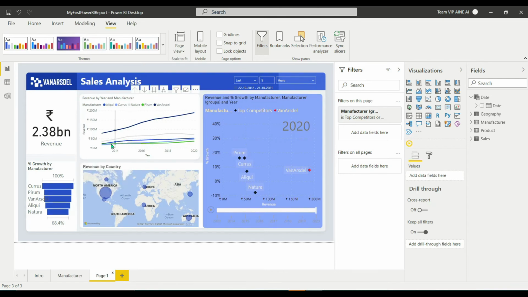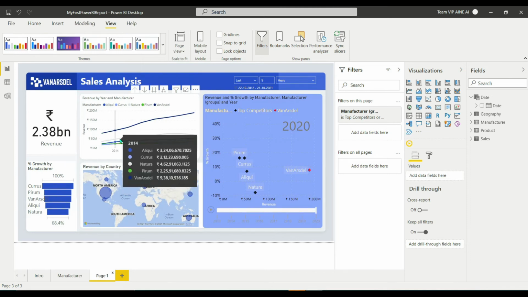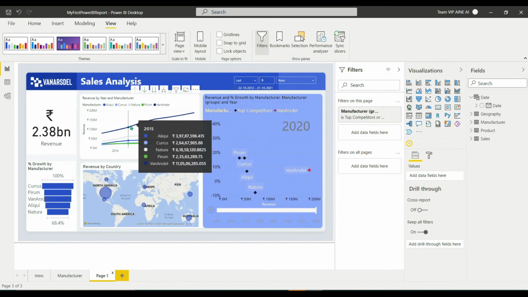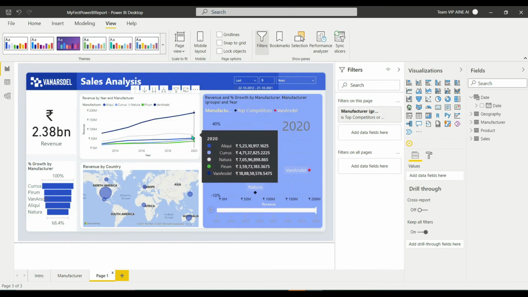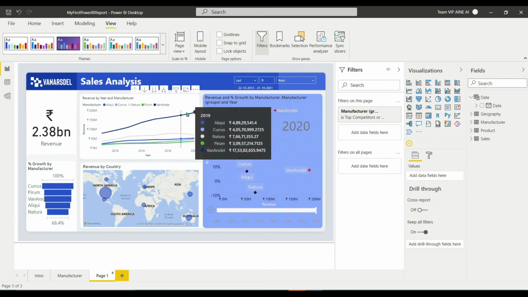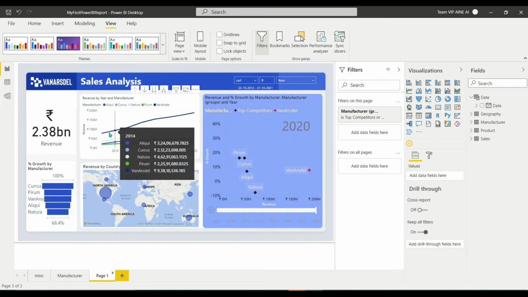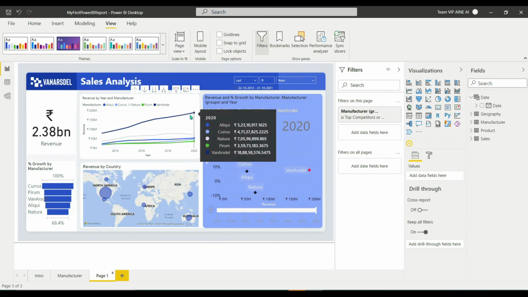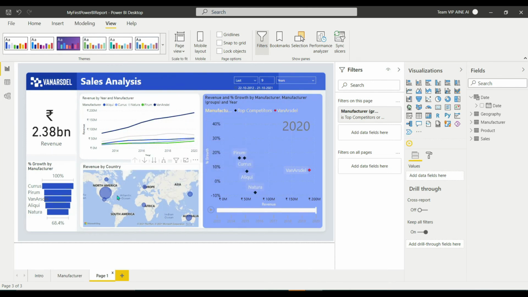Now checking the manufacturing revenue produced each year, you can see that this line is Van Arsdel, and these are all the top five competitor companies. We can see that Van Arsdel has been producing the highest revenue and is at the top of the line. And these are all the countries manufactured across the globe by the top five competitors.